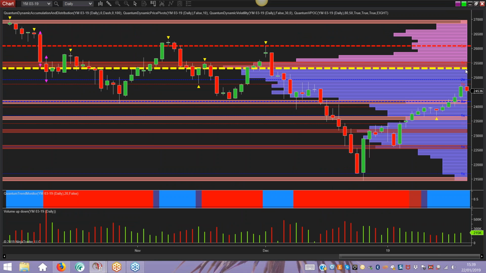That's the YM. Again, we've got the volume point of control here. We're trying to battle our way through this very heavy area of volume. We've got price over here as well. We've got a very heavy ceiling of resistance above. So at the moment, in terms of the volume profile, I have to say it looks a little bit lightweight in terms of developing this trend further.